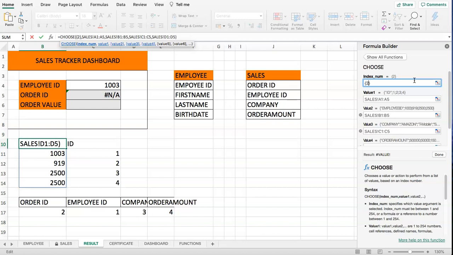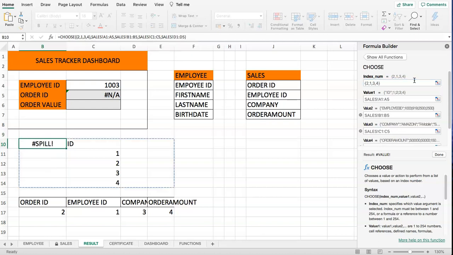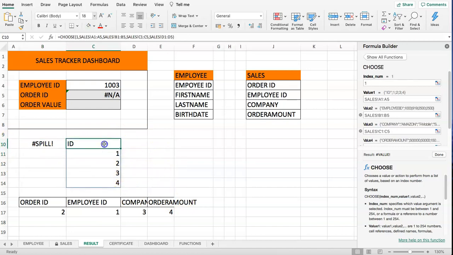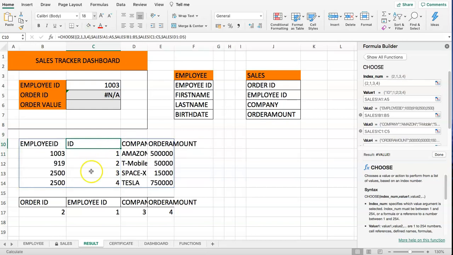So now it's curly brackets, number 2, comma, number 1, comma, number 3, comma, number 4. Enter. Alright, let's close this, and now you get a spill. Do not worry about the spill. The reason why there is a spill value is because it's overruling here, as you can see. You can see the blue box. It says warning, I'm going to delete or overwrite all other formulas or text in here. No problem with that. So what we're going to do here, we're going to delete this, and now our spill